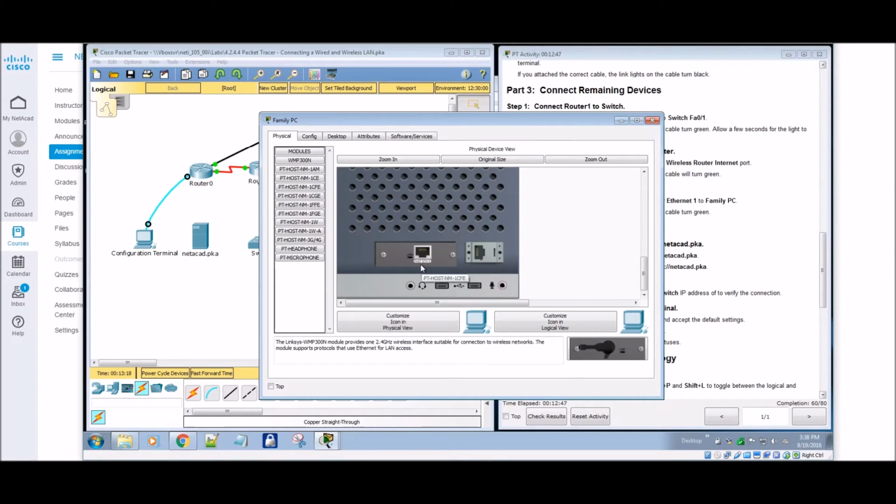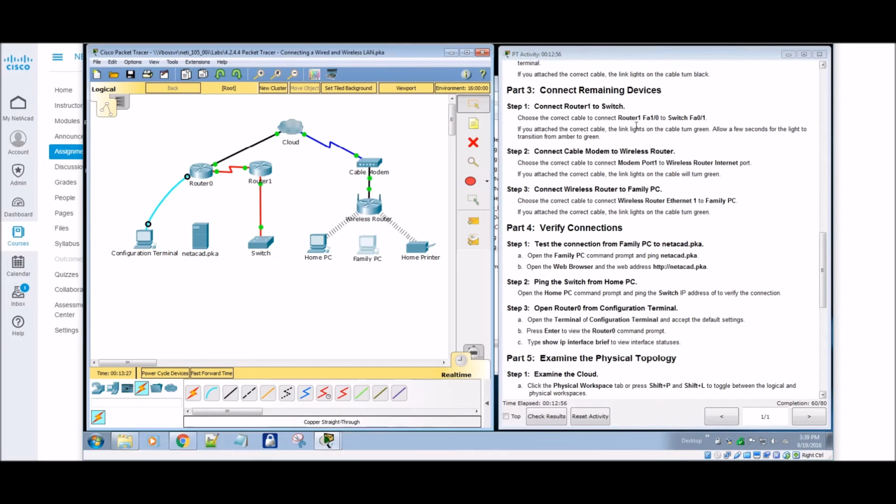So we don't have fiber. We don't have coax. We don't have any of that. We're using a fast Ethernet. So let's use an Ethernet cable. And we're going to click on here, and we're going to go into our fast Ethernet port. And on our wireless router, is it telling us which one? Yeah, it's telling us to go into Ethernet port 1. In the big scheme of things, when you're doing this on your home routing, it really doesn't matter which one you go into.